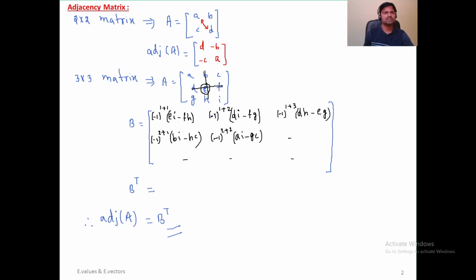apply, the same ideology. With respect to this, the determinant, we need to find the remaining 3 by 3 matrix determinant. You know how to find a 3 by 3 matrix determinant. Here a 2 by 2 matrix determinant we are calculating because it is a 3 by 3 matrix. Like that. So this is about the adjoint matrix. The concept I will use in the coming lectures. Okay. Next